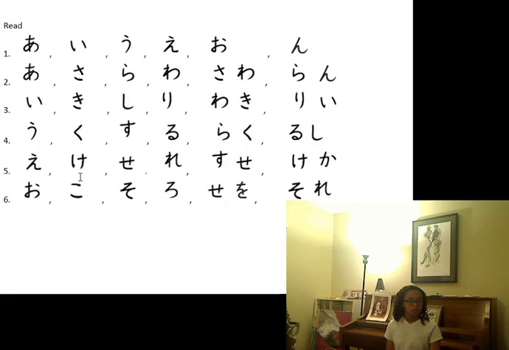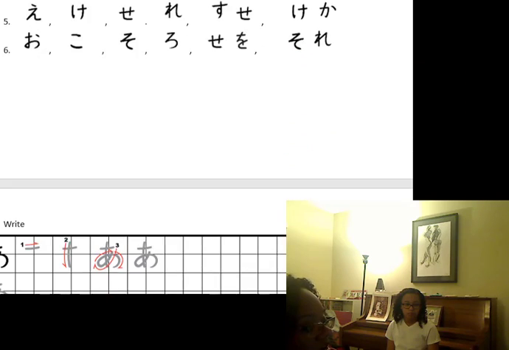A, ke, se, re, su, suse, keka. O, ko, so, ro, se, o, so, re. After we go over this section of the light reading, then we have the